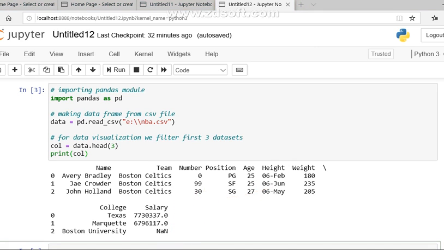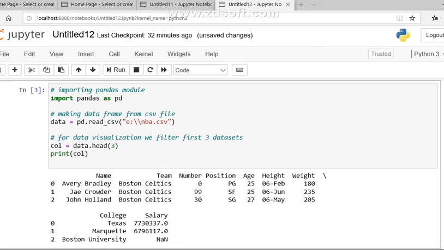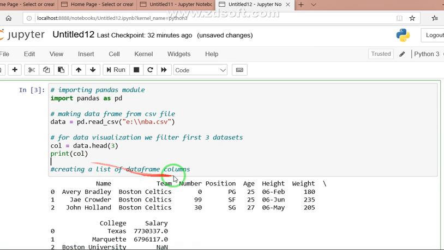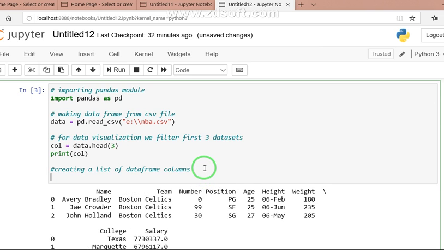So now our next task is to apply the column operation on this file. So the first step is creating a list of data frame columns that we did in the last program also. This is to convert the data frame columns.